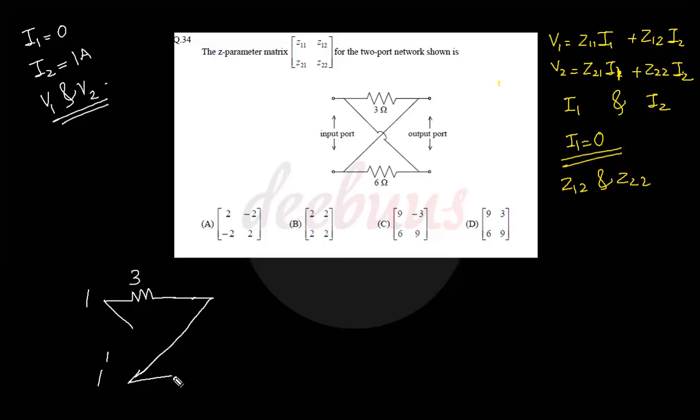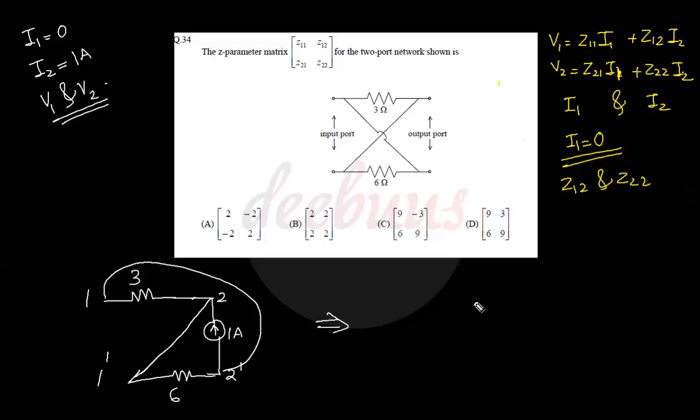Now a 6 ohm is here. At 2 2 dash I am applying a 1 ampere test source. So a 1 ampere is applied. This is actually 2 2 dash, right? Now from 1 to 2 dash there is a connection, right? So I am marking it here, 1 2 dash, and we can rub it too.